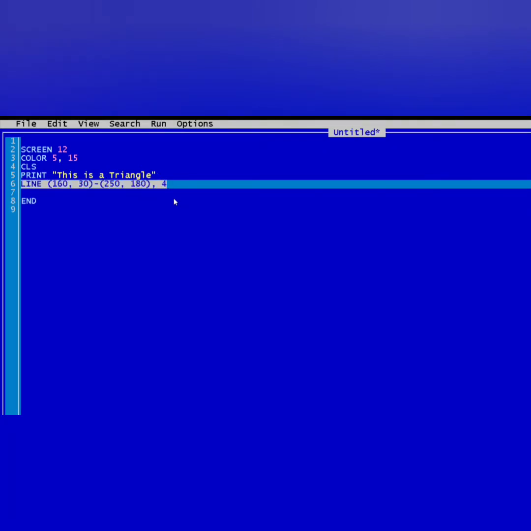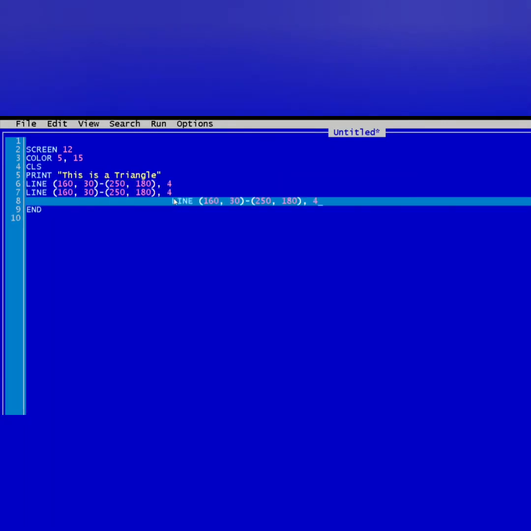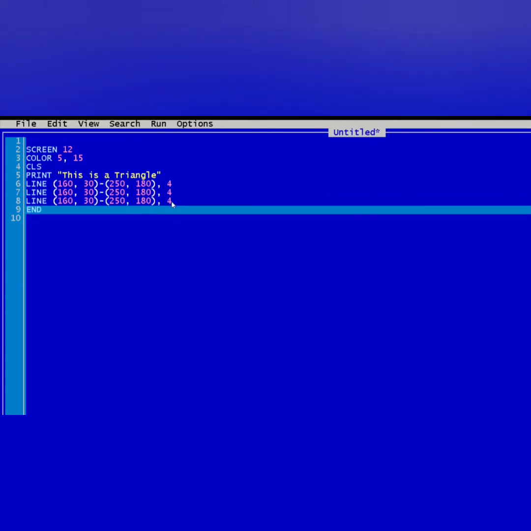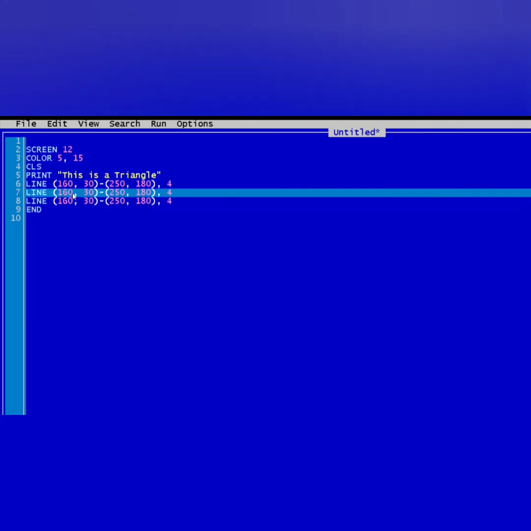Now here one thing you should remember, I am copying the line and pasting the line because I need 3 lines to draw the triangle, but I will change the coordinates. And one more thing you will see here, in the triangle the points meet at a single point, there are 3 vertices. So the lines are meeting at one vertex, 2 lines are meeting at one vertex, so the 2 coordinates will be the same. So here I am writing 250 comma 180, that is the point B coordinate.